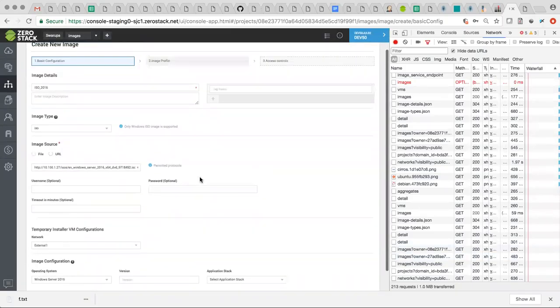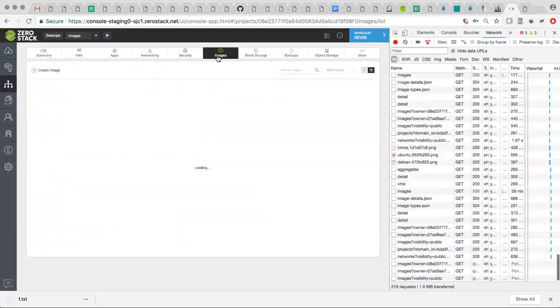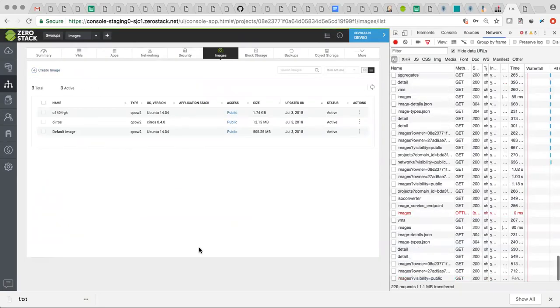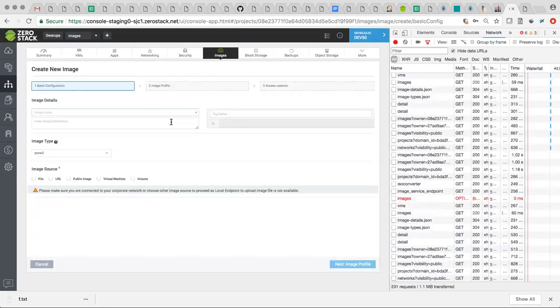So I'm going to cover ISO, and then other ways of creating images. When you click on images, you have a couple of options like file, URL, public, virtual, and volume. So let's cover ISO first. I think most of us have created images already. If you select ISO from image type,